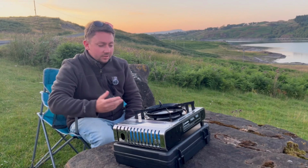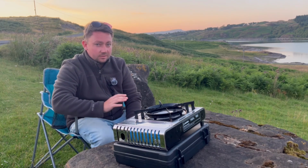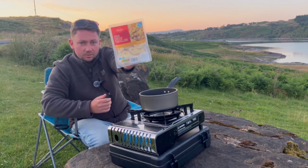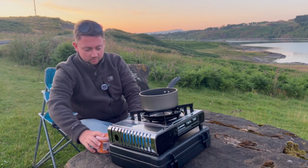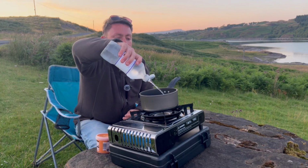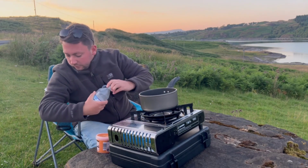So I've made it to Loch, and the sun has just set, so it's going to start getting dark soon. So I'm going to crack on and get some dinner cooking. Tonight for dinner is four cheese tortellini and tomato and mascarpone sauce. So yeah, we'll fill the pot with water. That should be enough, and then